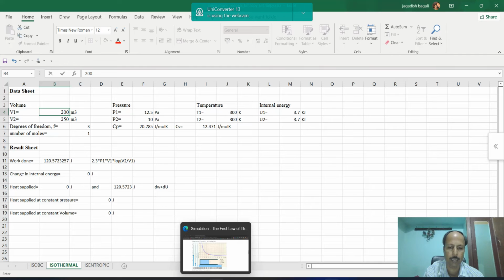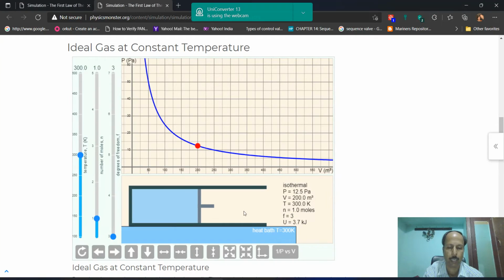And then I will do an isothermal expansion. That means I will increase the volume of this particular system to 250 meter cube. Then what is going to happen? Let us see.